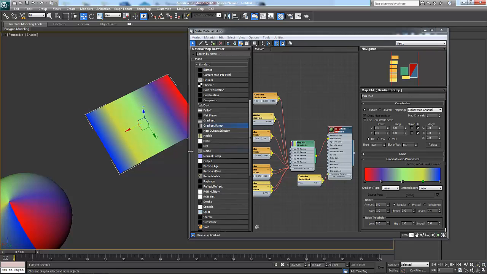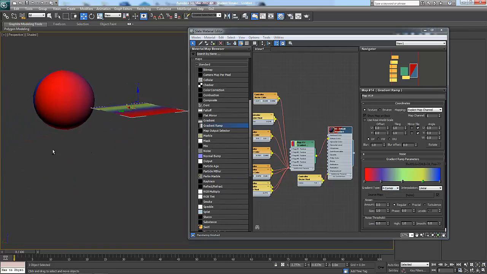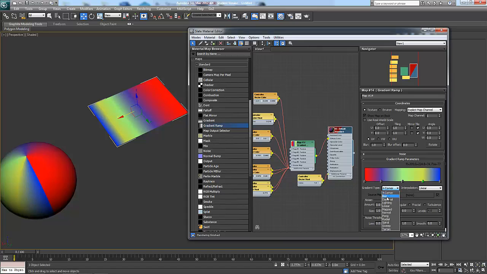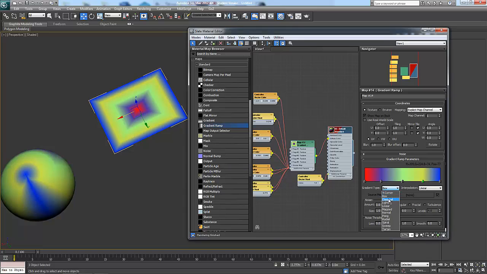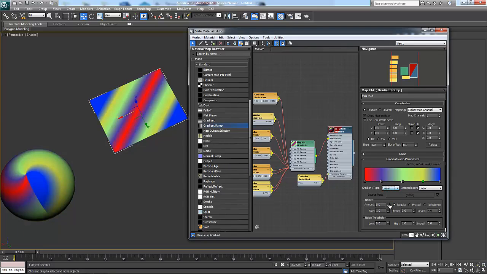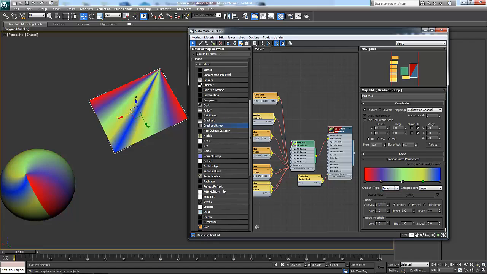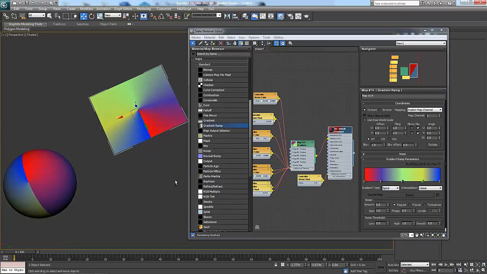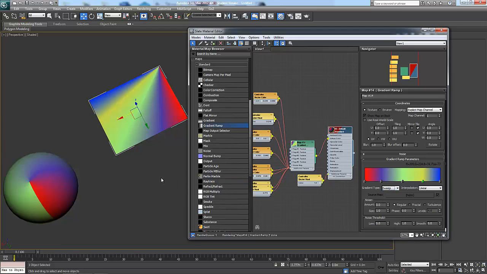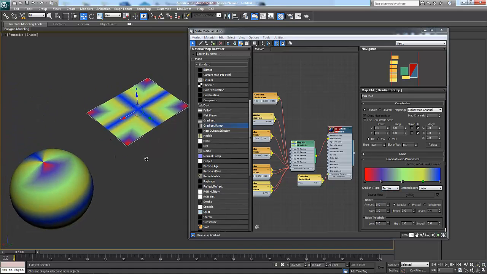So this is the linear gradient type, and if I select 4 corner, a little bit of a different result. Box, that one's pretty obvious what it's doing there. Diagonal, linear, which I think was the default. Pong, radial, spiral, sweep, and tartan. And there's one that I didn't mention,